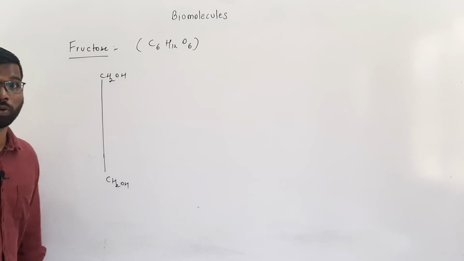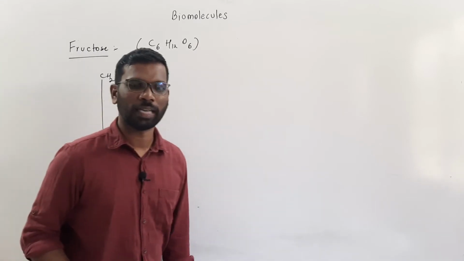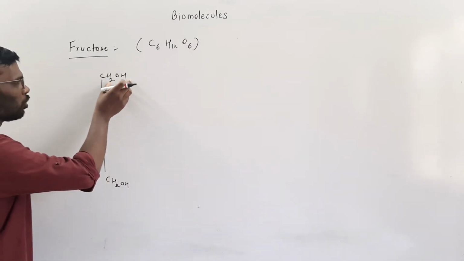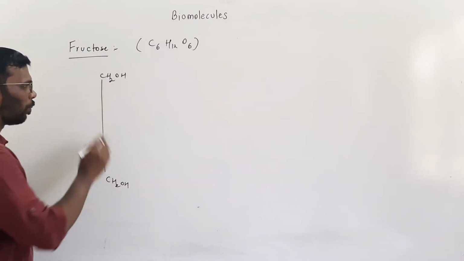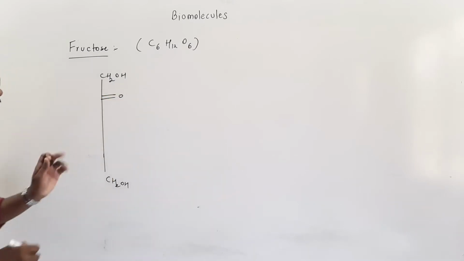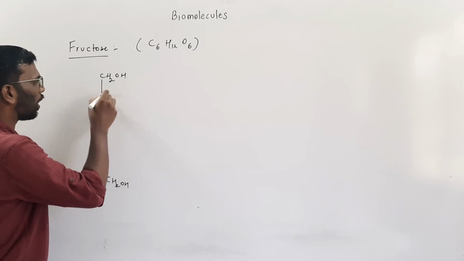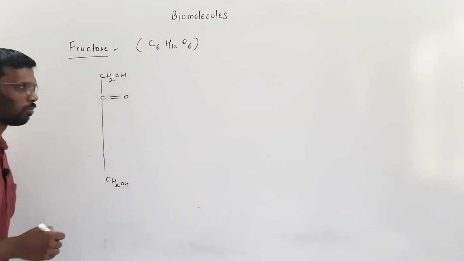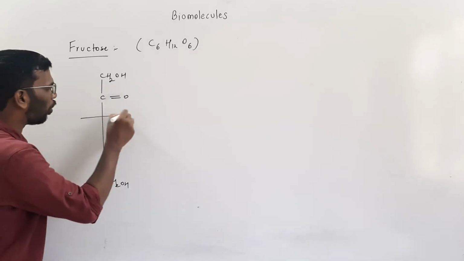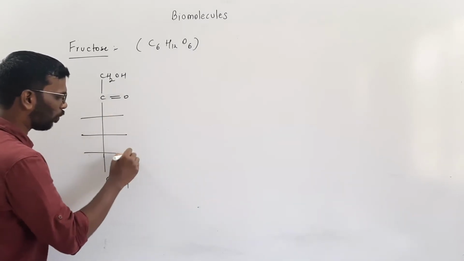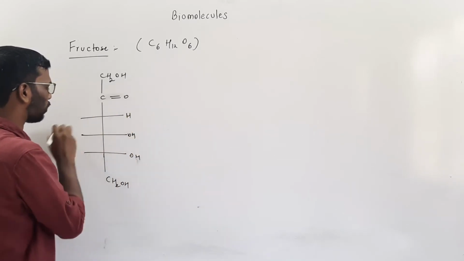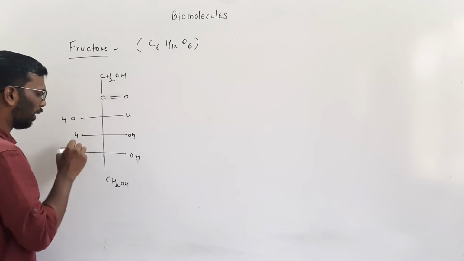In the case of glucose, you write CH2OH, then you draw 4 bonds. But here you are not going to do it that way. You are going to write the ketone over here, a double bonded ketone, meaning a carbon and double bonded oxygen, instead of carbon, OH and hydrogen. Then you draw 3 bonds. The rest of the structure, like here it was OH in the case of glucose, here it is OH and here it is H. OH, H and H.